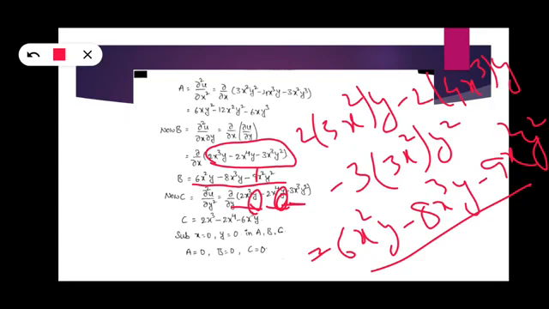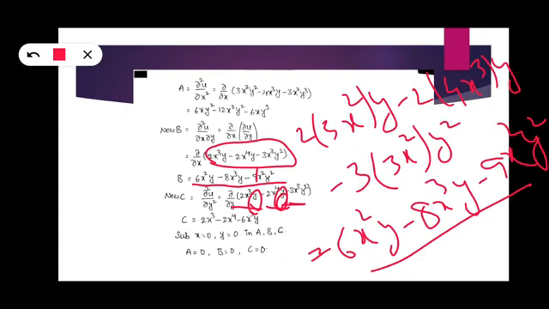Now if we see the a value, what is that? 6xy square minus 12x square y square minus 6xy cube, and b is 6x square y minus 8x cube y minus 9x square y square, and c is 2x cube minus 2x power 4 minus 6x cube y. If we see the values of a, b, c, all of them have x and y terms. There are no constant terms.